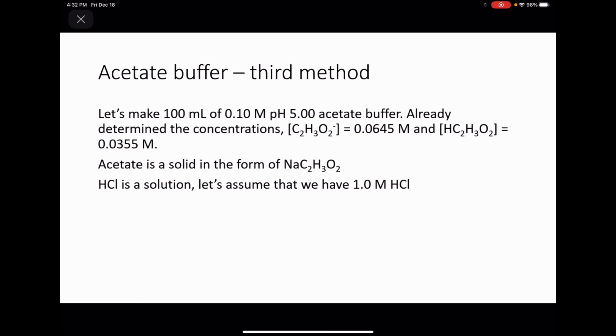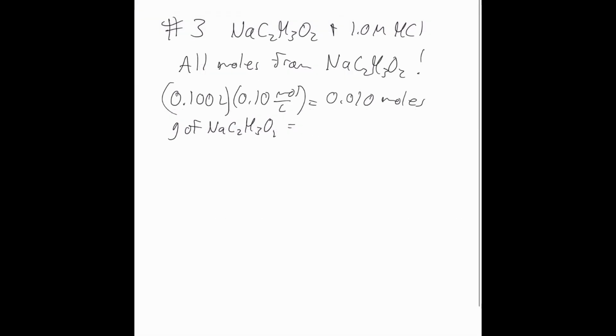And so we'll assume that we have 1 molar HCl. We'll use HCl. We could use nitric acid. It doesn't really matter what strong acid we use. So then how many grams of sodium acetate do we need? And how many milliliters of 1 molar HCl would we need to add to that in order to get our buffer in this case? So here we have, starting our third method, number 3 here, sodium acetate, solid,